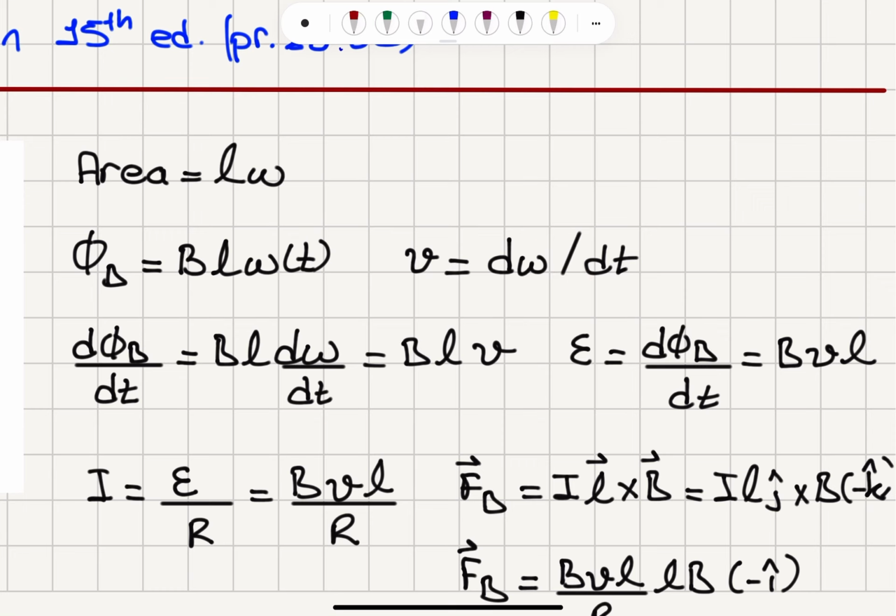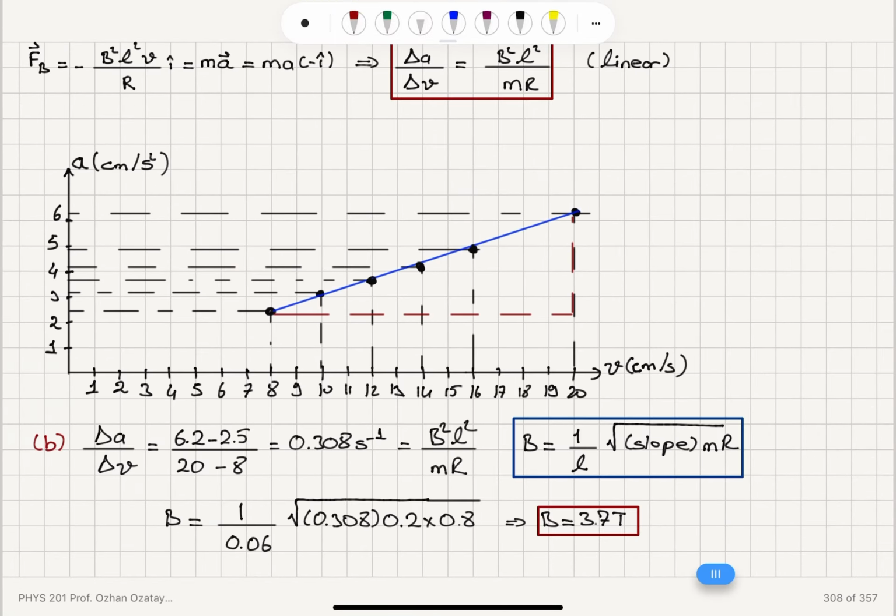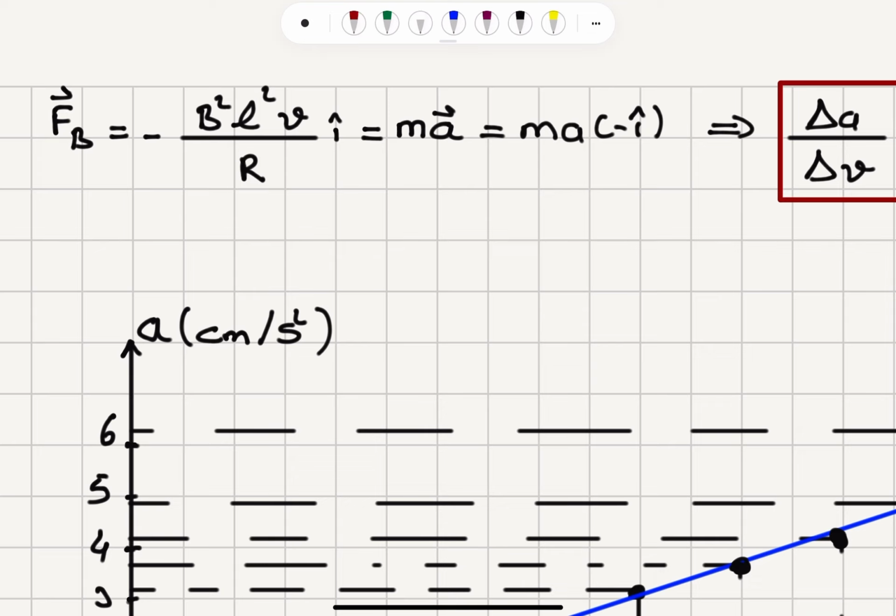The dω/dt is V. Epsilon is BVL, so current is BVL over R. Substituting into the magnetic force, BVL over R, L cross B, LB in the minus i hat direction,